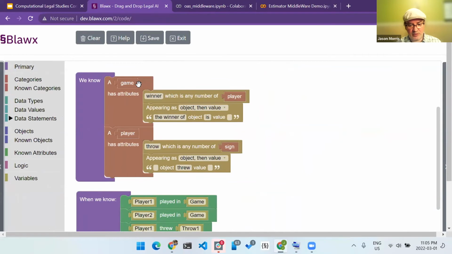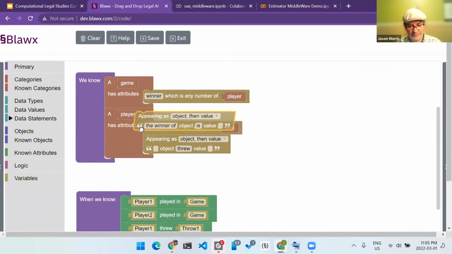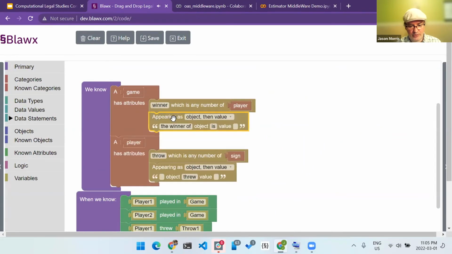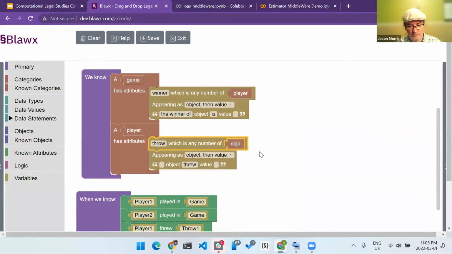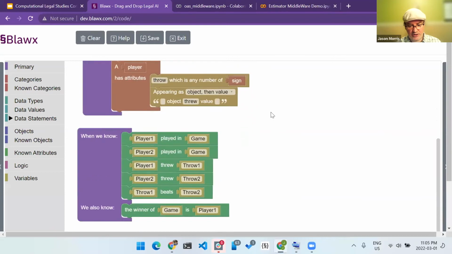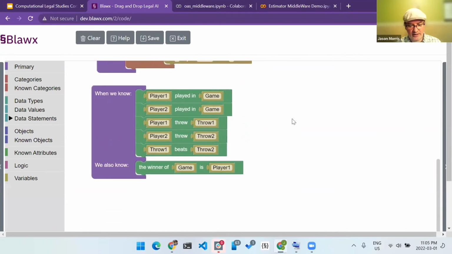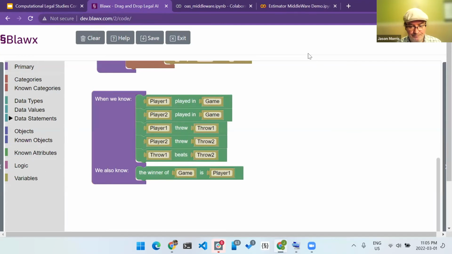This is the first time that we learn that a game has a winner, and that a player has a throw. It's also where the actual rule for calculating a winner is. If there are 2 players in a game and they throw 2 different throws and the first throw beats the second throw, then the first player is the winner of that game. That's the encoding of the actual law.